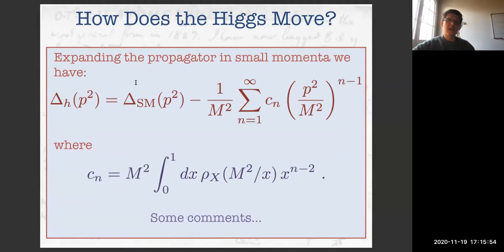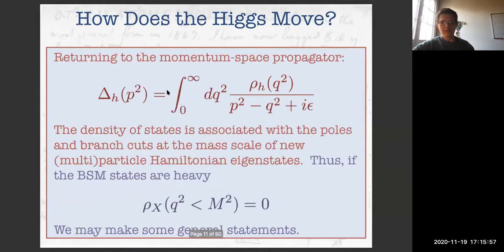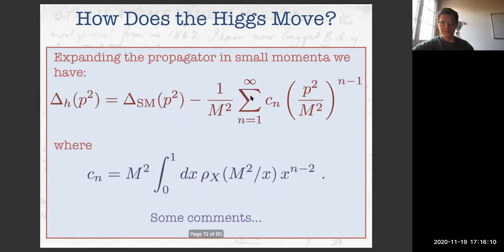The first is that if we expand the propagator in small momentum, we can just do this integral and always work at p squared below m squared. Then if p squared is always below m squared, then this guy here is always smaller than this guy here. So we can actually just Taylor expand this entire function and do the integral for each term in the Taylor expansion. And the answer we will get is something like this, which is not surprising. It says that the two-point function of the Higgs operator is the standard model piece, plus some Taylor series in p squared over m squared, where m is the mass of the new states. This is completely in line with our expectations based on effective field theories.